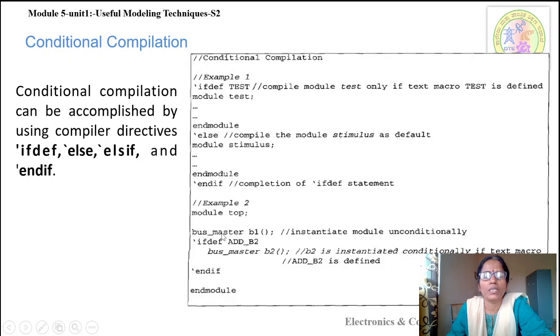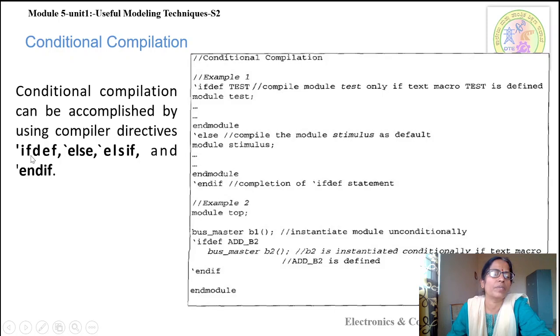Here bus master B2 is instantiated conditionally, only if the text macro ADD_B2 is defined. So B1 is an unconditional instantiation, and B2 is a conditional instantiation. Here we are using macros, that is, compiler directives.